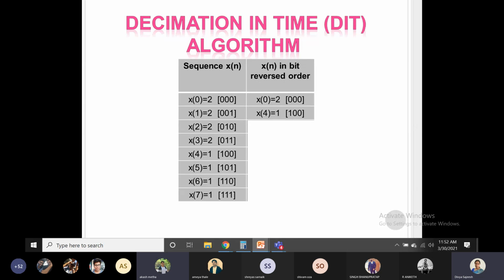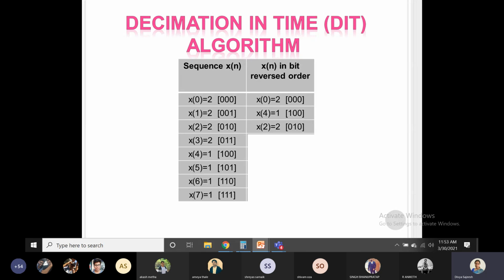If I reverse the position of the bits of 0, 1, 0, what will you get? 101? Again, I'll repeat. You are not changing the bits from 1 to 0 or 0 to 1. You are just reversing the order of the bits. 0, 1, 0, if you reverse it, what will you get? 0, 1, 0 only. So it is not changing. So 0, 1, 0 is again x of 2 only. So x of 2, your element is 2 only. Got it?